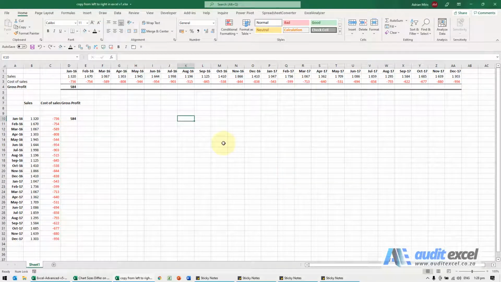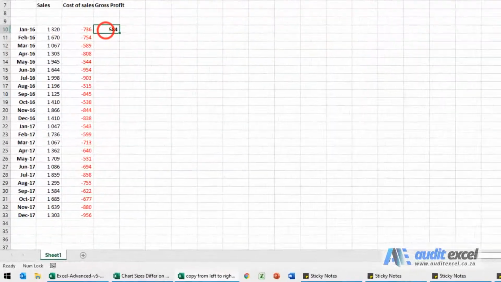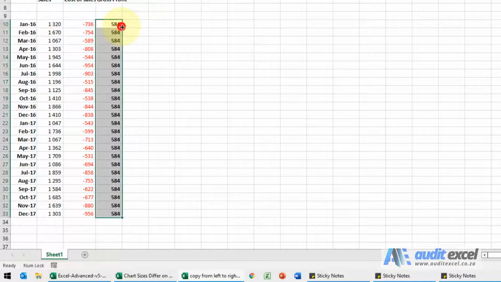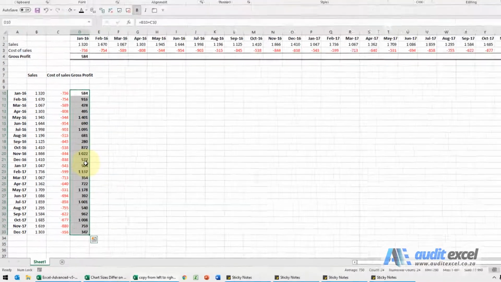In Excel, it's fairly easy to copy downwards in such a way that it doesn't go too far. So for example, here we've got some sales, cost of sales. We've built a gross profit formula. It's quite nice and easy. If I wanted to copy to there without continuing, I can just go here, get that little cross symbol, and when I double click, it goes and copies it down.